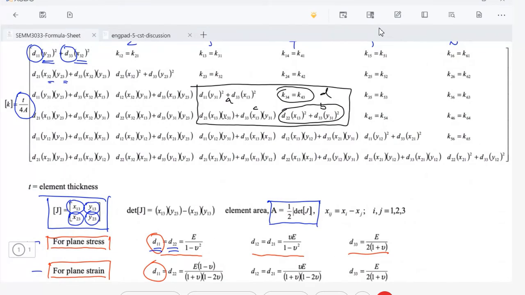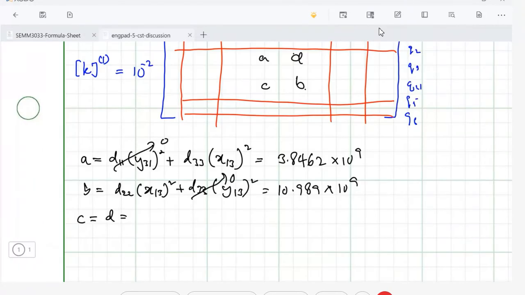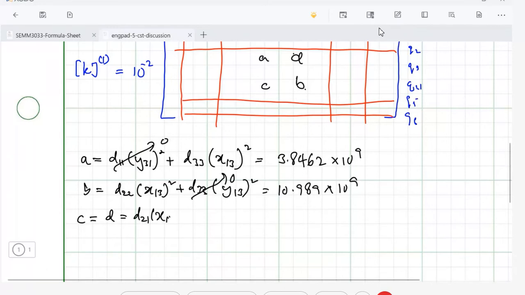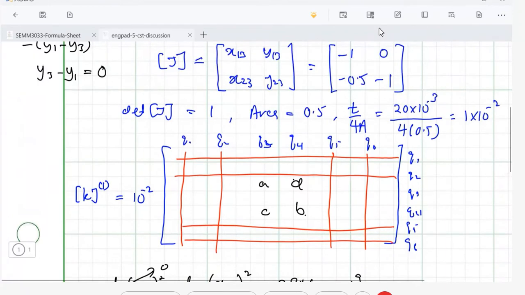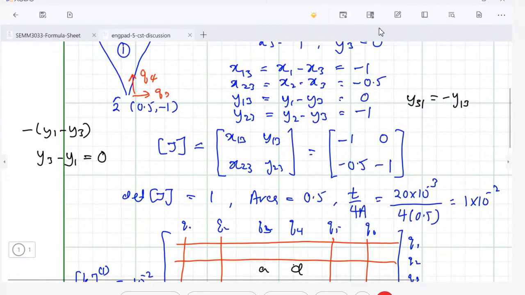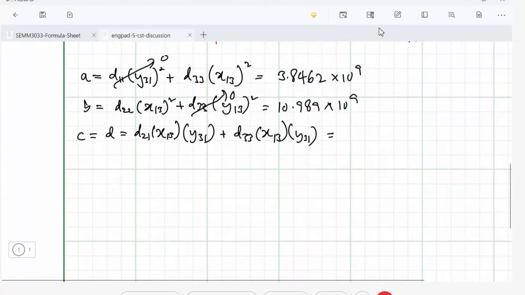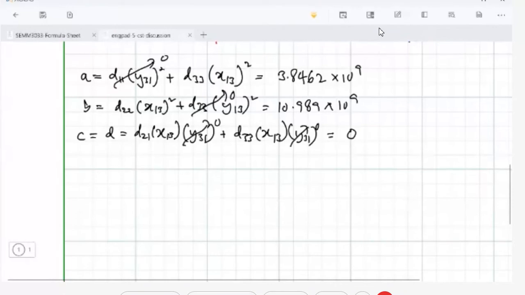This formula here. I do not want to calculate that, so let me just write this formula, plus d t3 x13 y31. This should equal 0 because y31 and 1y3 are 0. So this is 0, this is also 0, so this is 0. So now our K matrix